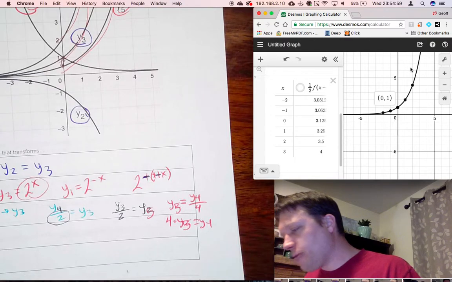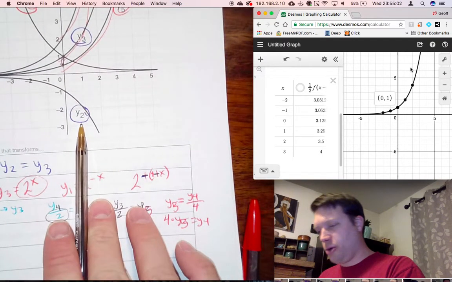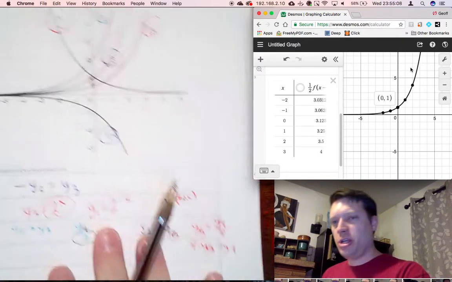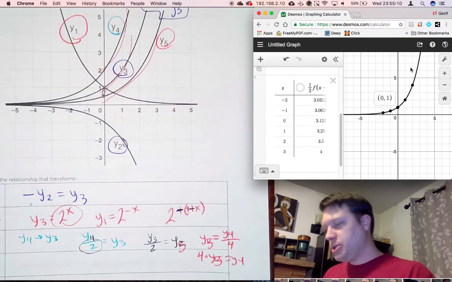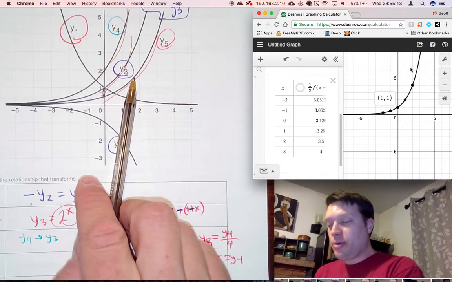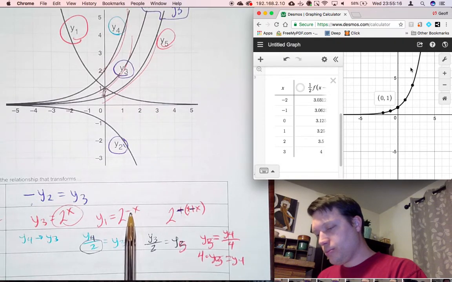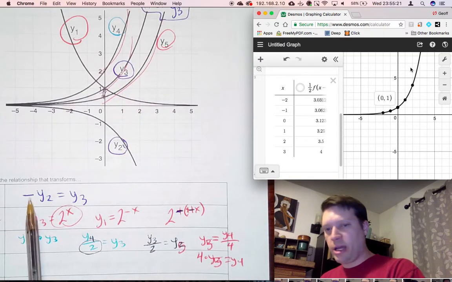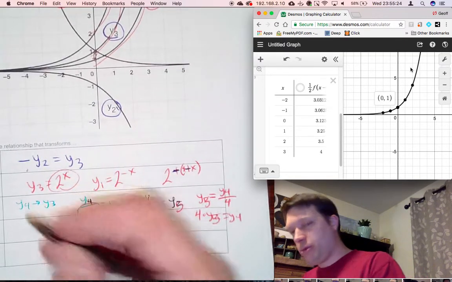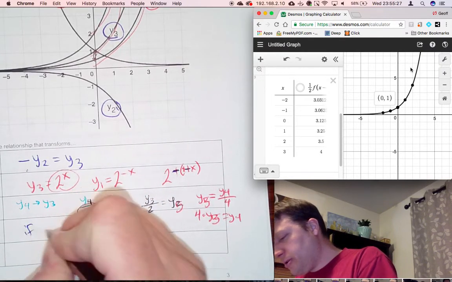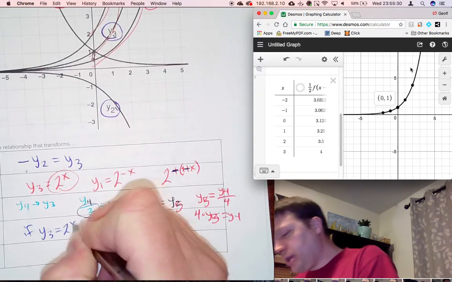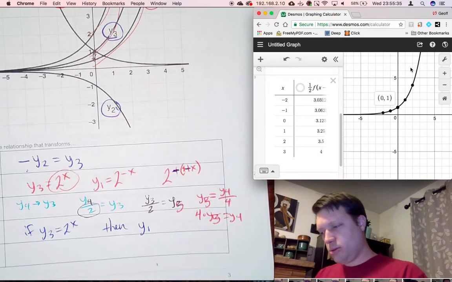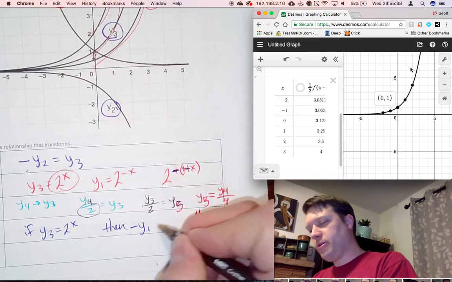Okay. We want to go from y sub 1 to y sub 2. If we can connect a function to the parent function, then we're going to be able to transform it. So what do we do to turn y sub 1 into y sub 3? Put a negative up there. What do we do to turn y sub 3 into y sub 2? Put a negative out front. So this is what we could do. If y sub 3 equals 2 to the x, then y sub 1 negative equals